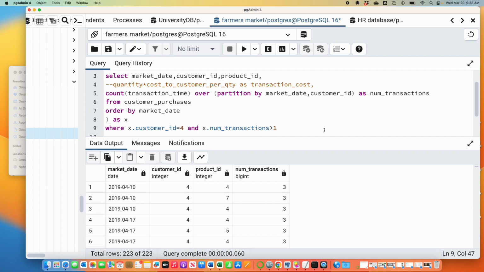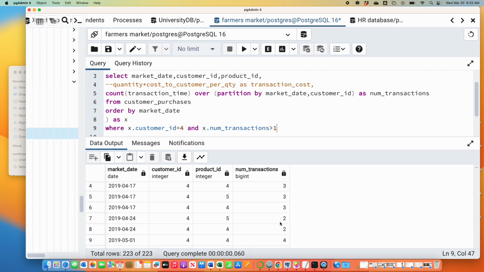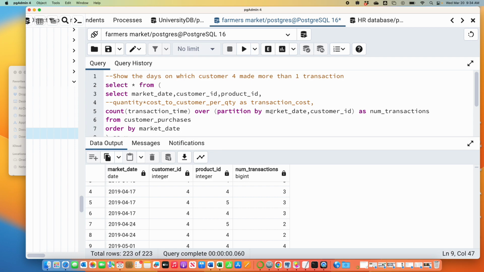Okay, one more thing I'll show you with this example is that with these queries, it always depends on what you want to see. So do you want to see, like this number 3 here, it's showing you for that same day, this 474, and that 3 is showing you 454. For these 2s, it's showing you 54. So suppose at this point you say to yourself, I only really care about the 3, the 2. At this point, I just want to see the number of transactions made per day by this person. So you don't like the repeats at this stage.